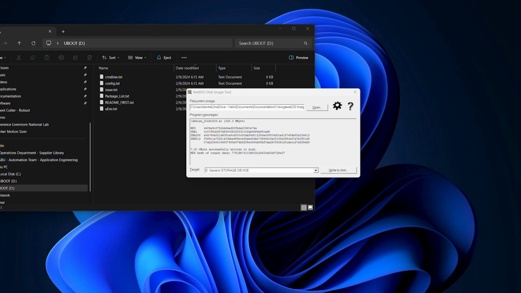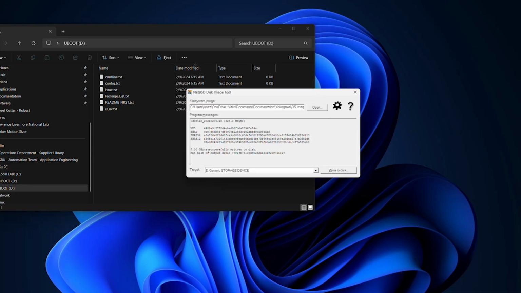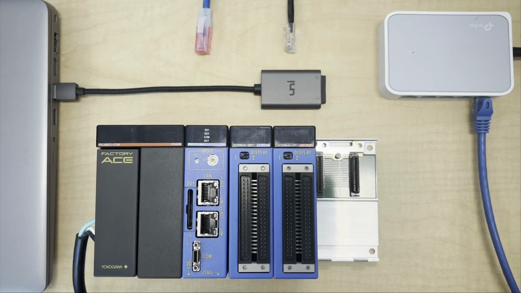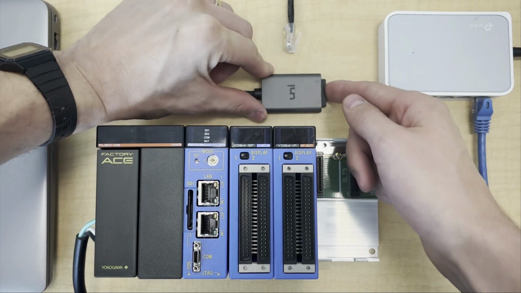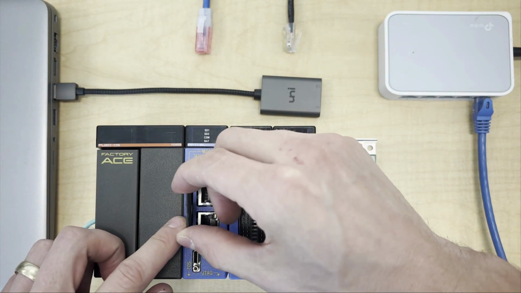Okay, that took about 10 or 15 minutes, but now the OS image has been written to the SD card. You'll notice a window pop up showing the new contents of the SD card, as well as a message in the RA-Write tool saying the data was successfully written into the SD card. Now, we'll safely eject the SD card before inserting it into the PLC. With the OS image written to the SD card, we can now remove it, load it into the PLC,